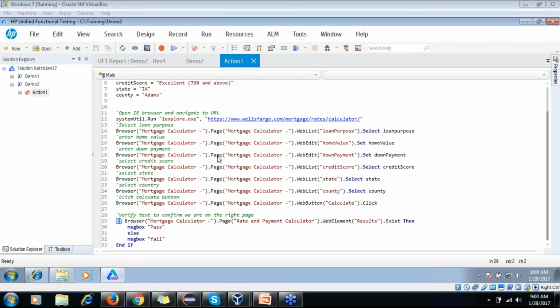I see nowadays a lot of job opportunities in Selenium WebDriver and not in UFT. That is correct.